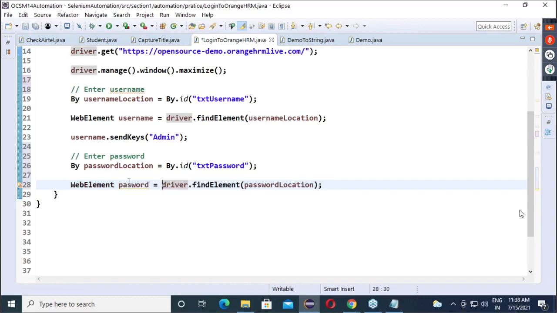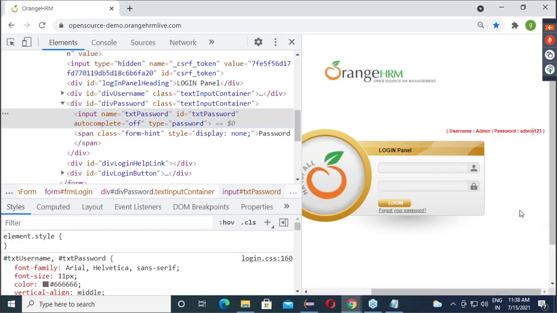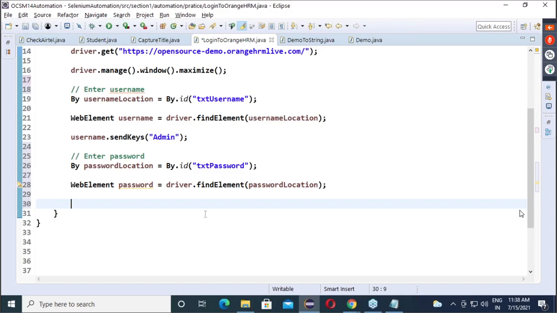So we are getting the password web element. Now in the password, what do you want to enter? What is the password of the application? Admin123. Can you see this? So which method to enter data? sendKeys. So password dot sendKeys of admin123.